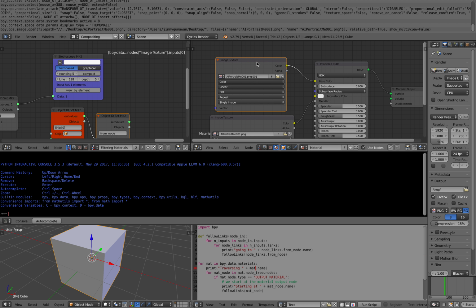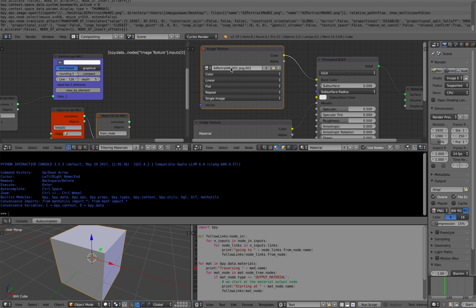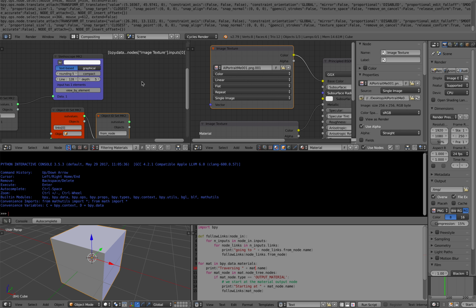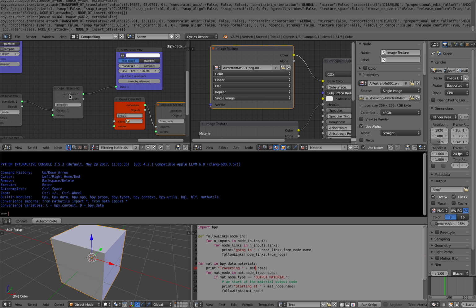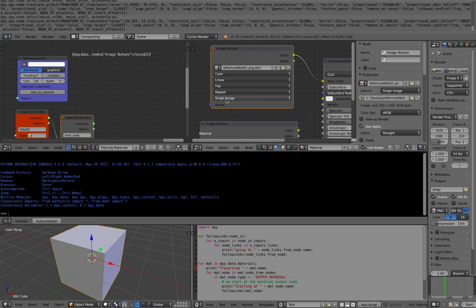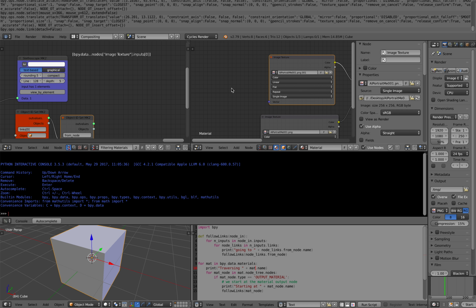So let me check what this is. It's not an input. This is like just an image. Properties. So this property, this is a bpy data image file path. So it's from these nodes, that's image texture. We don't have anything on the input 0. If we have something, we're gonna have